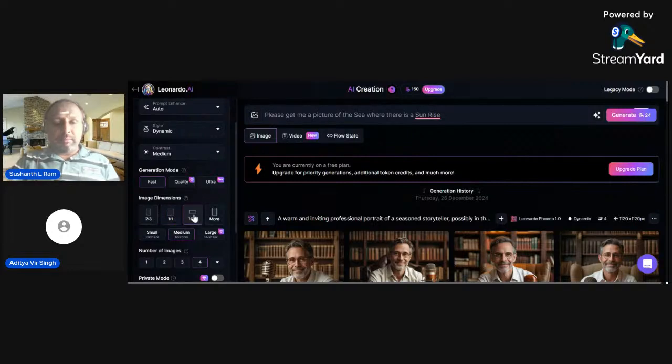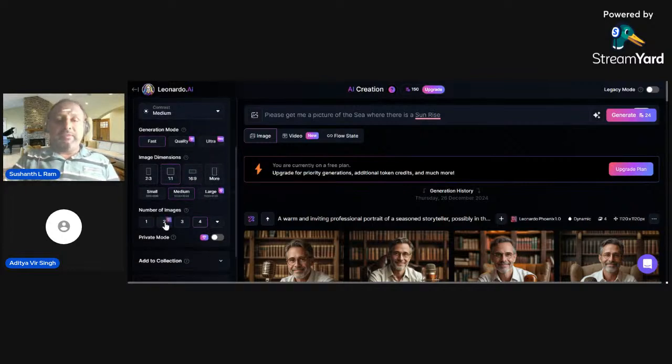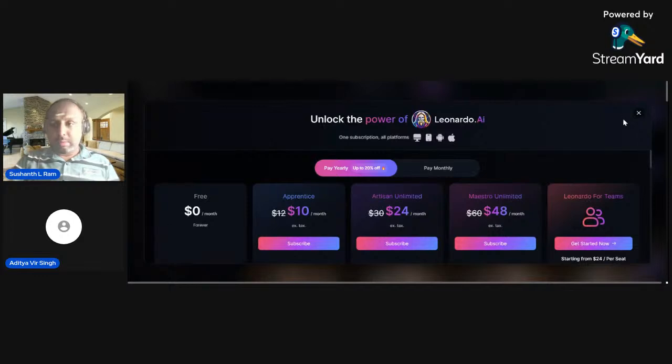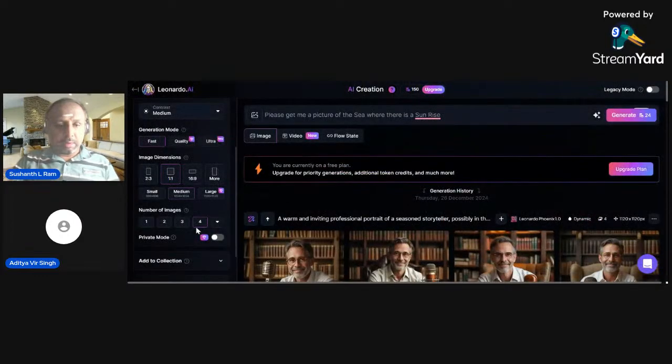If you want to post on any other platform, you can select this 16:9, but I will go for 1:1. Now the number of images, you can limit to 2. You can select 4, which is a standard one.